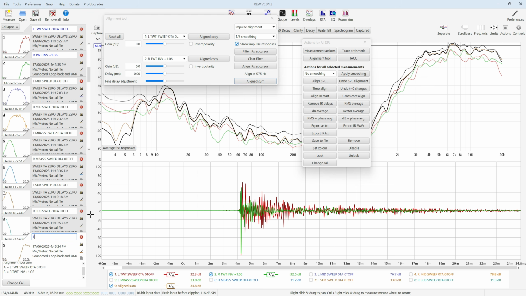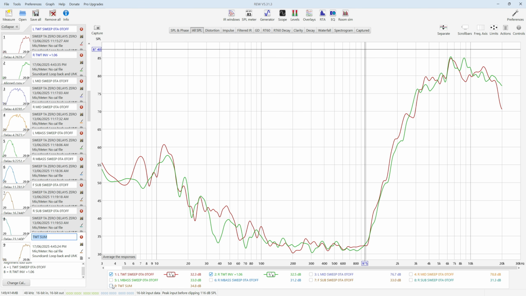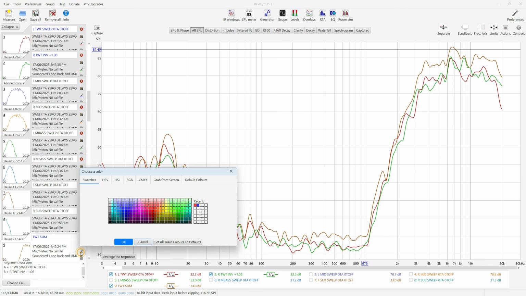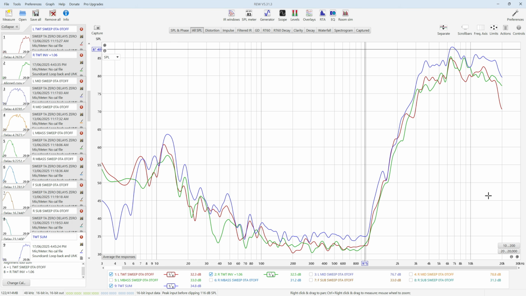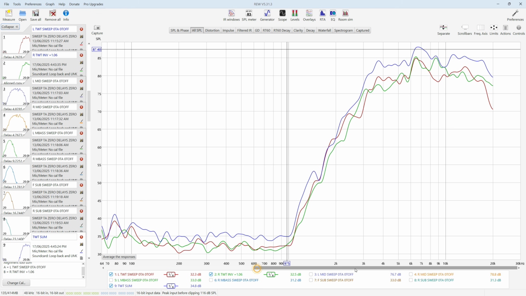So this is now the tweeter sum, and we can now go and have a look at what that looks like by selecting it here. And once again, what a terrible color. Let's make it a nice bright blue. That's a bit better. And so let's just zoom in a little bit so we can see it a bit better. So you can see here that this is summing up all through here, certainly summing up all through here, kind of crossing over a little bit there,